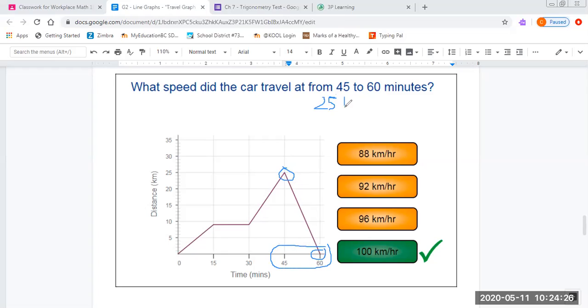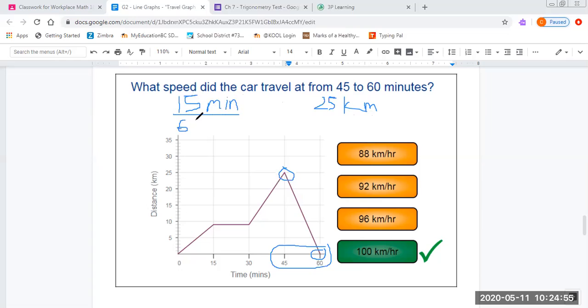And it had traveled this not over an hour, because most of the time when we talk about speed, we talk about kilometers per hour. But in this case, we're talking about a 15-minute time frame. So just so we're clear, I am going to explain this to you. So 15 minutes over 60 minutes